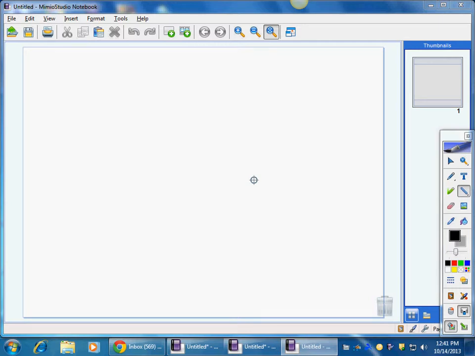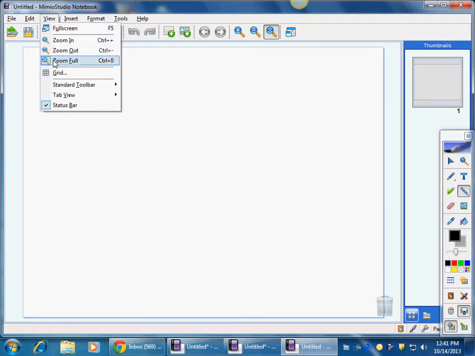Okay, this morning we looked at Mimio, and I'm actually using the record function, which can be found from the applications button. I'm not going to click on that because when you do, it pauses the video, but you can play a little bit with that because you can create videos here just using Mimio that would be beneficial for students. But the reason for sending you this video is on the View tab, we didn't look at this morning,